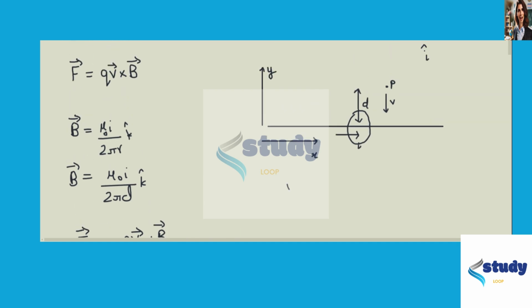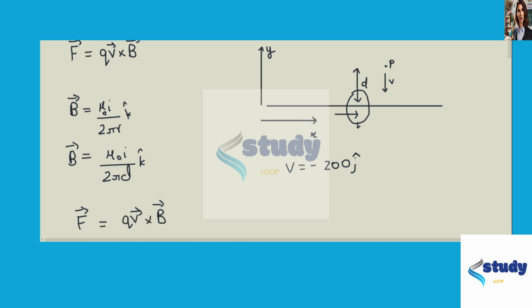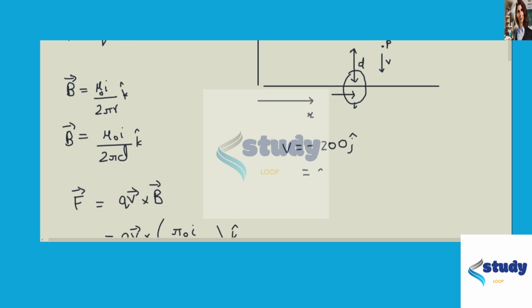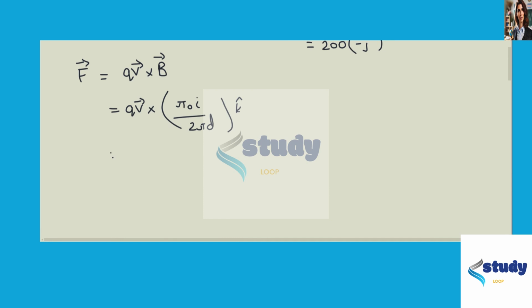Now we know V is equal to -200 j hat meters per second. You can actually write that down as 200 times -j hat meters per second and substitute that into our formula, so that gives Q times 200 times -j hat